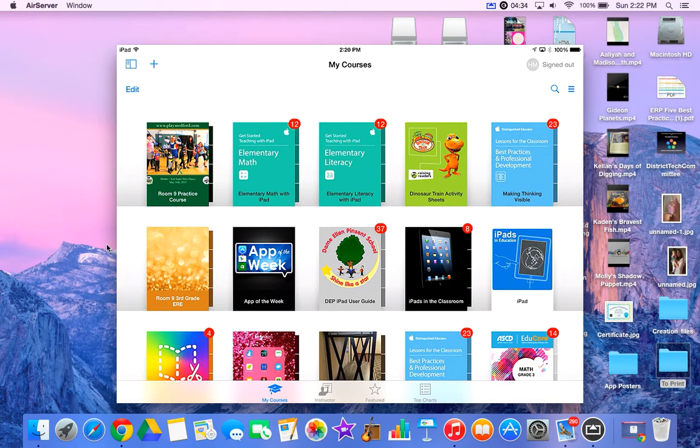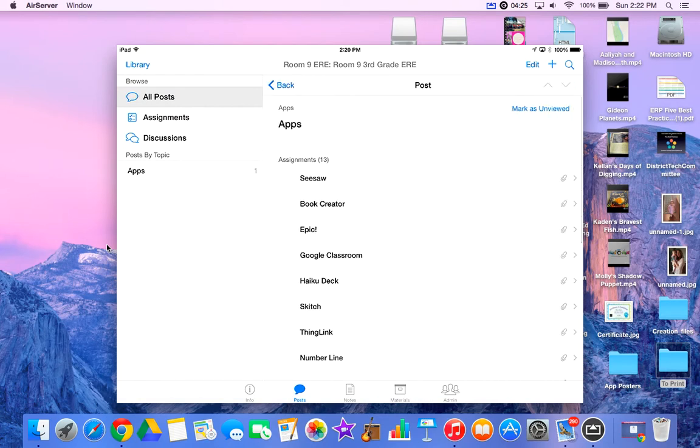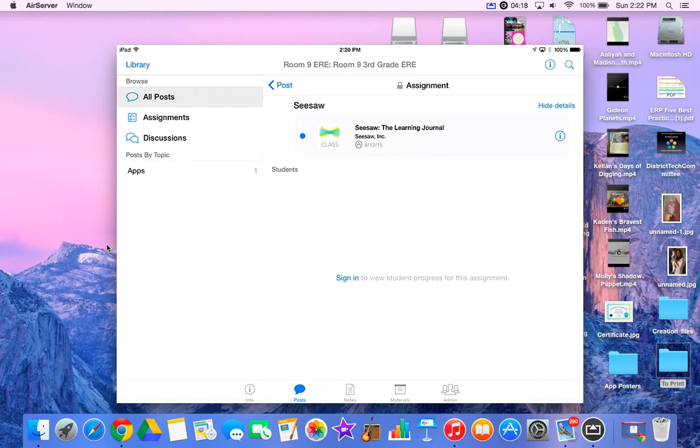So I'm going to have students scan a QR code which will sign them up for our class course. In their class course, they will find a post called Apps, and within that it will be all the apps that I want them to have on their iPads that we will be using in the classroom. So they'll be able to click on one of the apps, and if I did not already have Seesaw on my iPad, I would see an icon here saying Get. So they would be able to download their Seesaw app straight through the iTunesU course